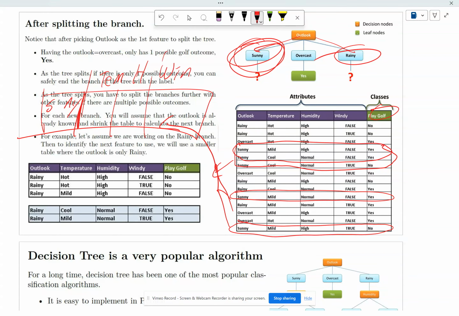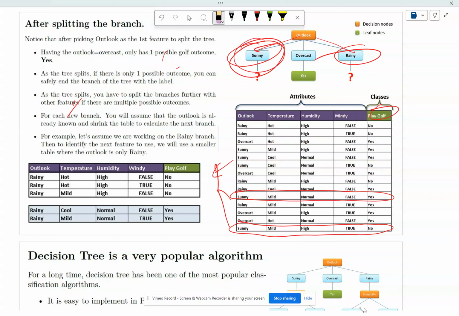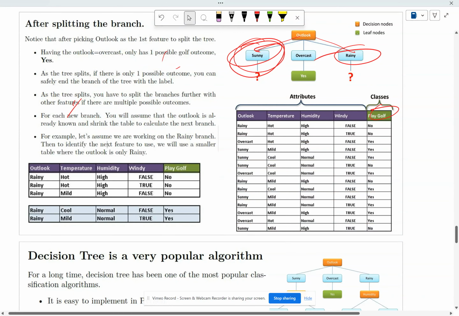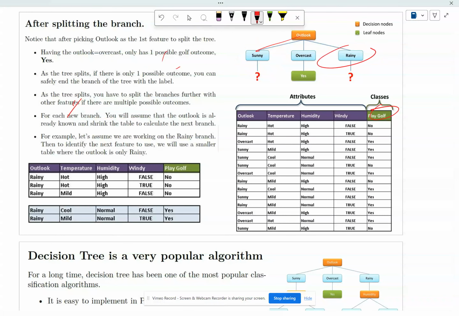So that was for sunny. You will create a smaller table, but I don't think I put that here. Let me do the other one. So the outlook, what if it's raining? The other one's raining. So the raining here,